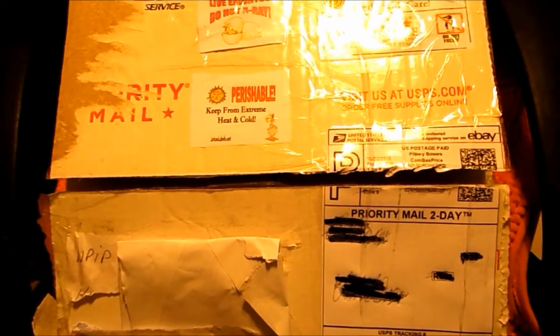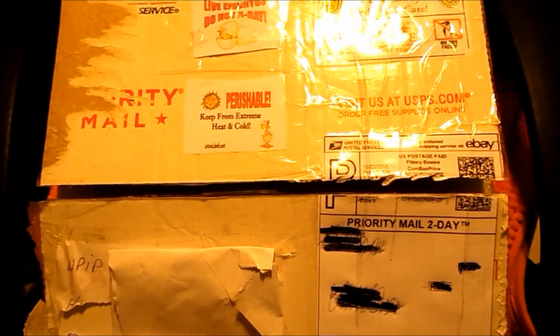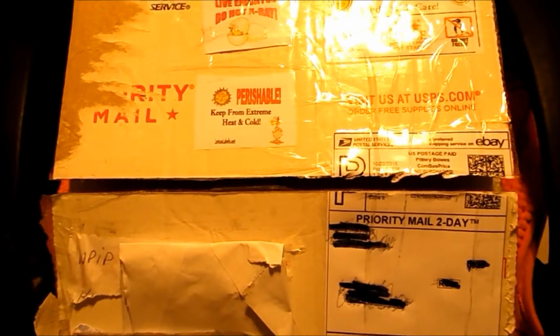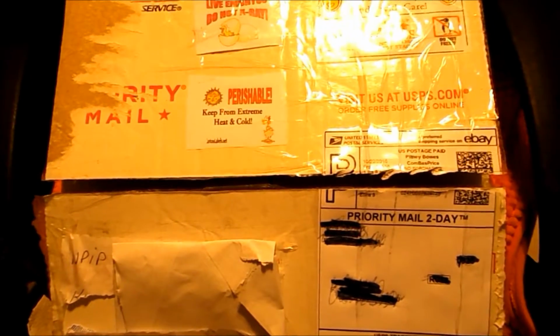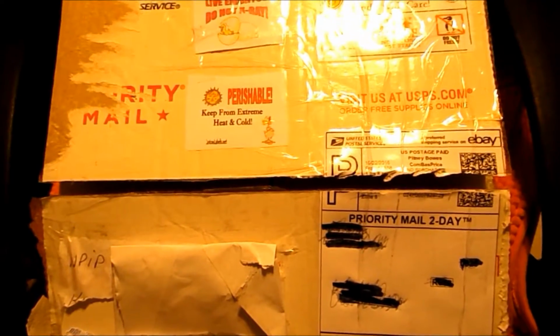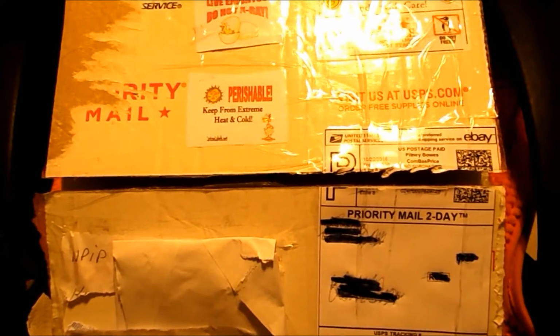I just received today some eggs from Massachusetts. I ordered some Serama eggs, which are all the rage now. They're supposedly the smallest chickens in the world, and they're pretty expensive. They're the most expensive hatching eggs I've ever ordered, and I hope that they work out all right. I ordered 18 of them, and